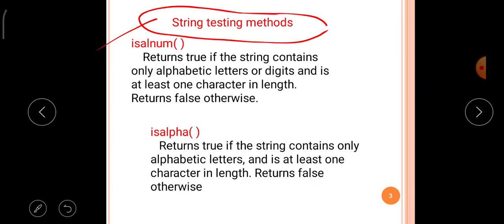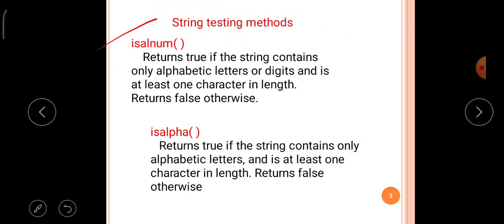These methods cannot manipulate anything on the strings; it is just a test. They test and give the result. This type of string function is called string testing methods. In this classification I will explain some important functions.